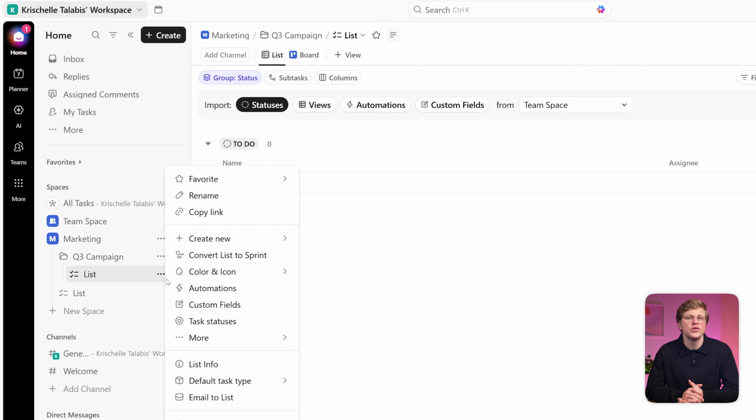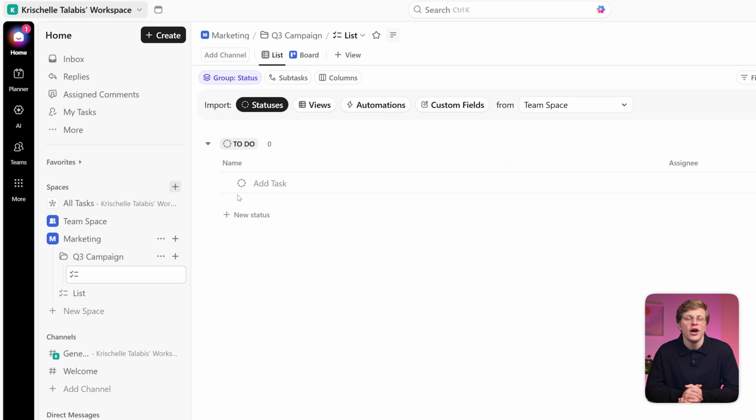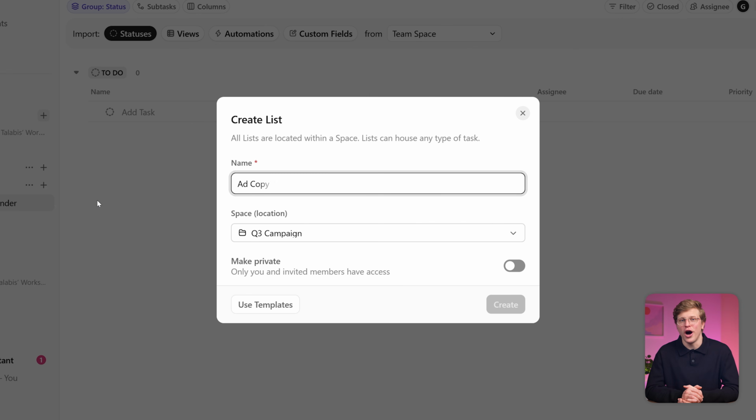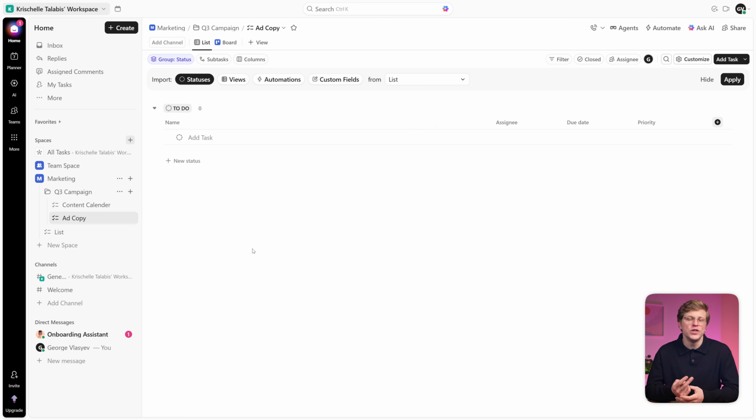Go ahead and rename it to something useful. I'm calling mine Content Calendar. Let's add one more list inside this folder. Hover over the folder name. Click the plus icon and select Lists. I will name this one Add Copy. Now you have a folder with 2 lists inside it, 2 different work streams for the same project, all in